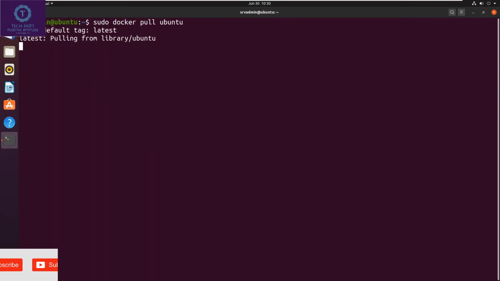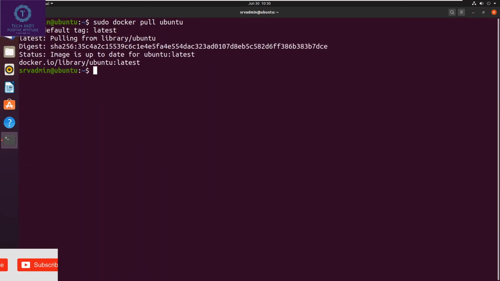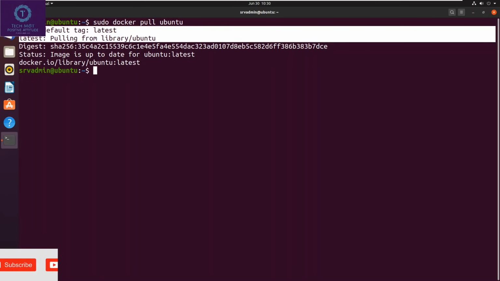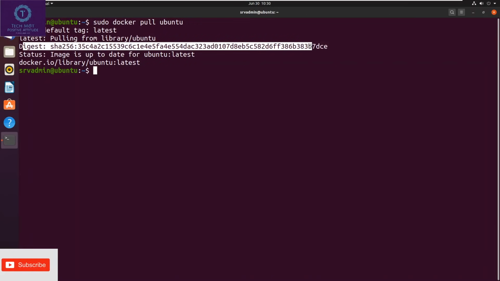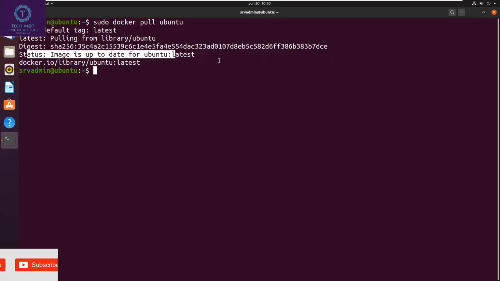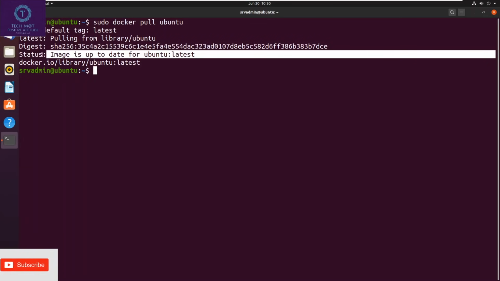By default, as you can see, it will download the latest. It will pull from the library, the Ubuntu library. This is a digest number, a unique number for every image that you pull. The status shows the image is up to date, as I have already downloaded it.